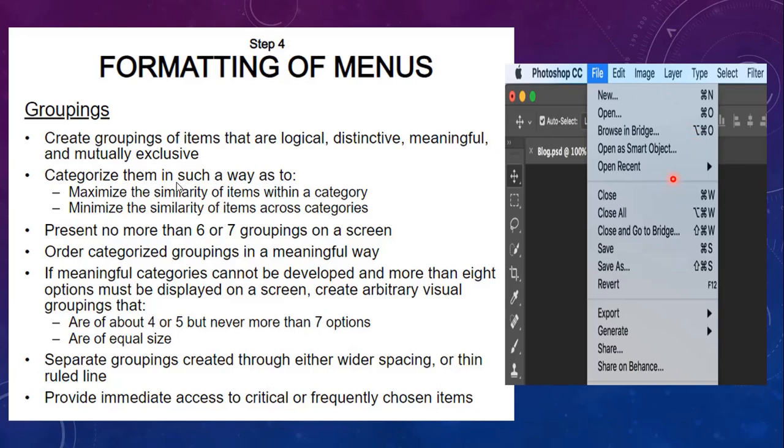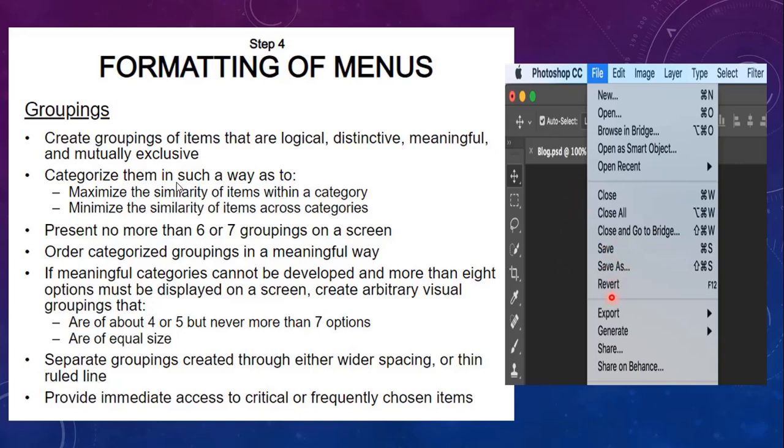So you are creating an arbitrary visual grouping here. Similarly, after Open Recent, you have other options, that is closing. Initially you have all the open options, and after that you have the close options. So you have again categorized the close options here: Close, Close All, Close and Go to Bridge, Save As, all come in one particular group.